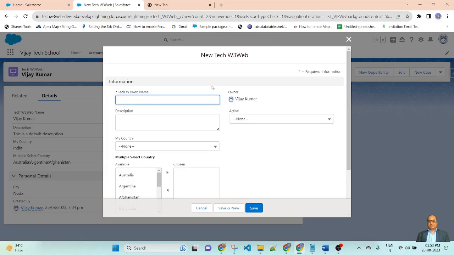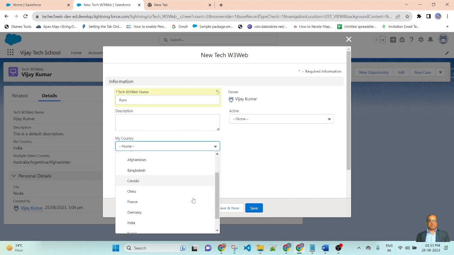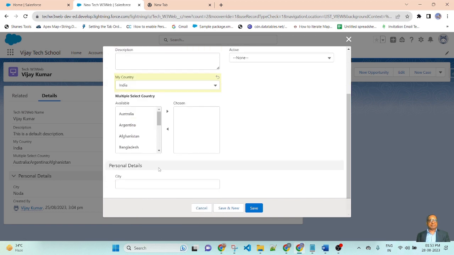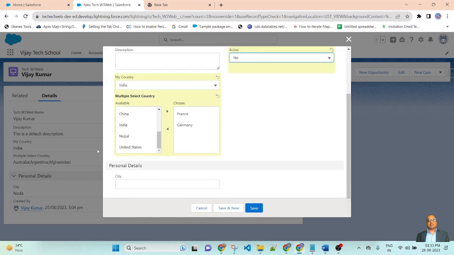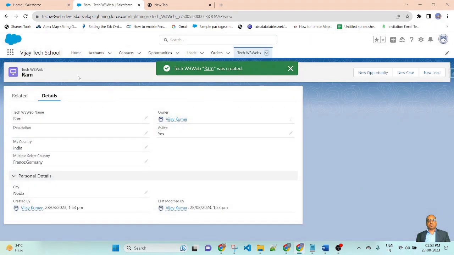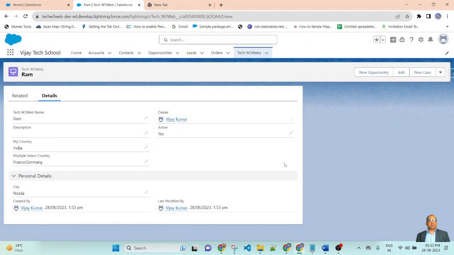Write the name Ram, country name India. There is a multiple picklist value. Select two countries, France and Germany. I am selecting active yes, city Noida, and save. So I created a record.